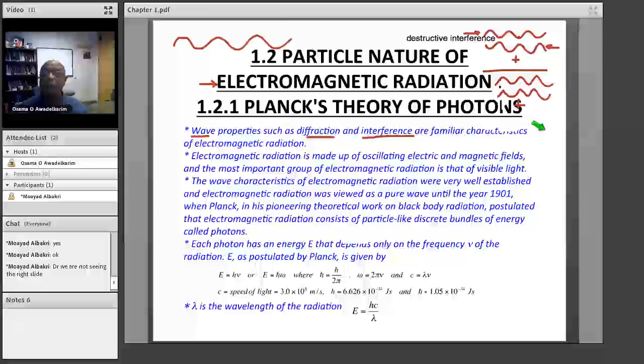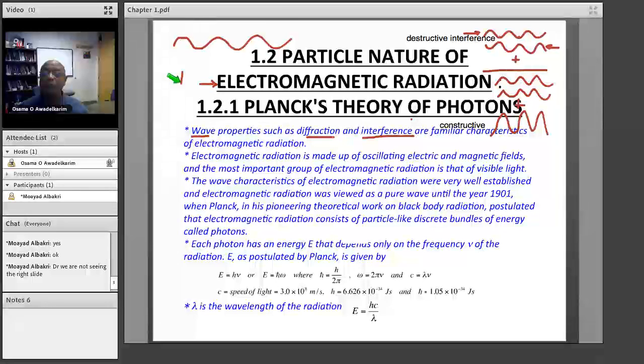So in this case, they interfere constructively. So waves here interfere constructively. So that is constructive interference. Okay, diffraction. Now, if you have an opening,